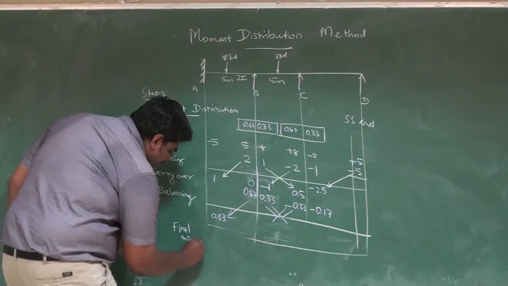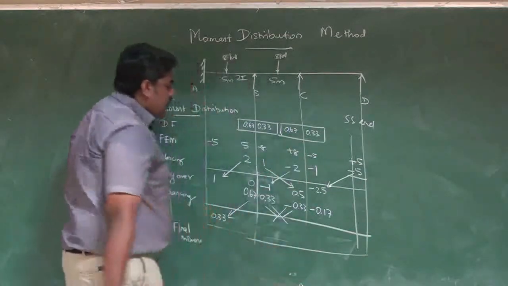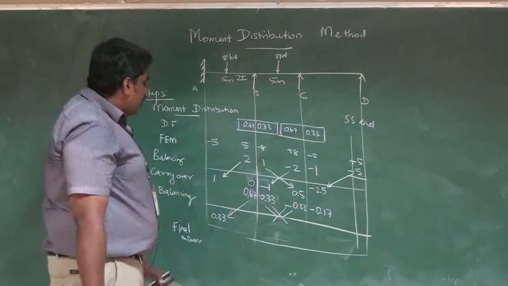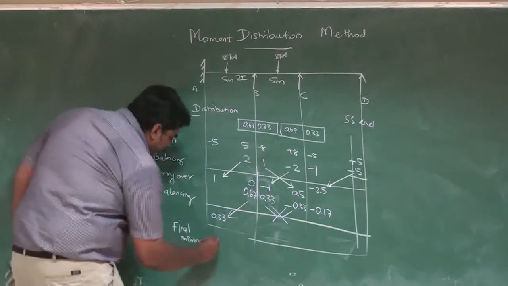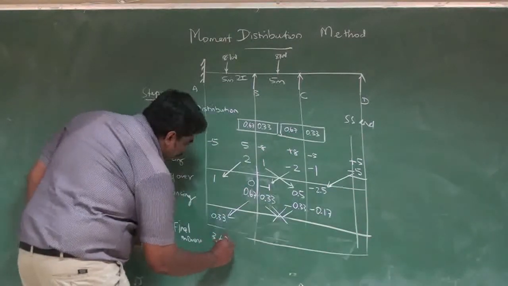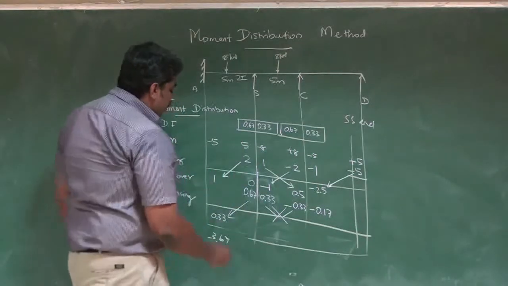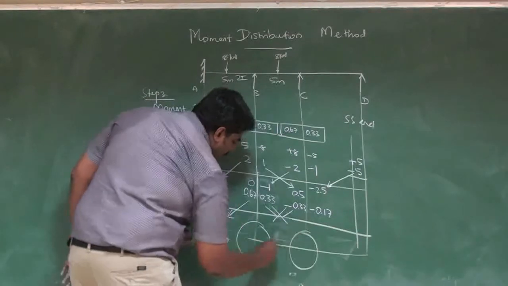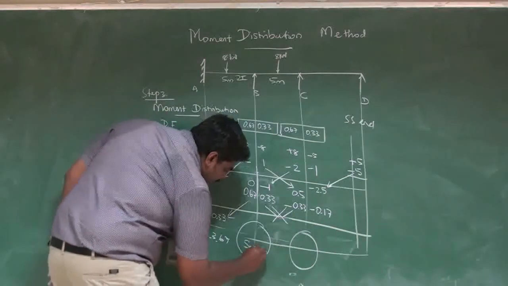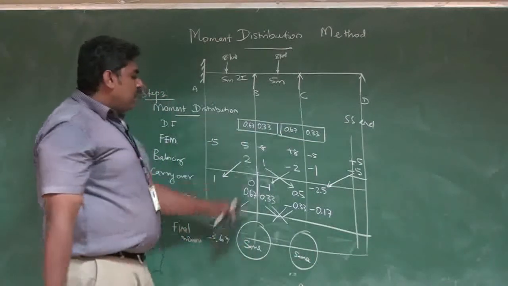So you have to calculate the final moments. Final moments are nothing but the addition of these values from the top to the bottom. You have to add all the values. So it will be minus 5 plus 1 minus 4.33. So it will be 3.67, minus 3.67. Likewise you have to add all the values, and when you add these values, these two moments will be the same, and these two values will be the same, right? So now we have neutralized these moments.